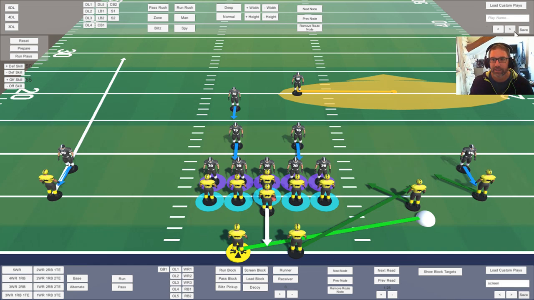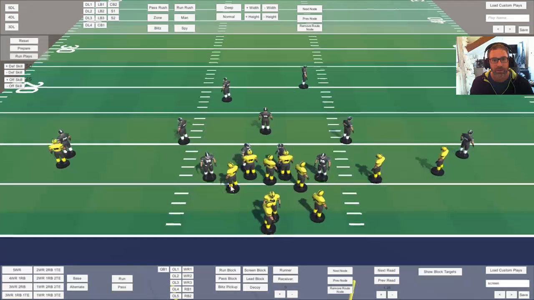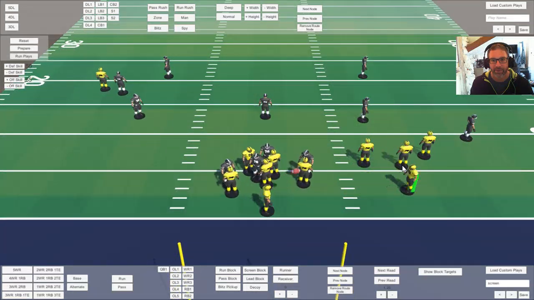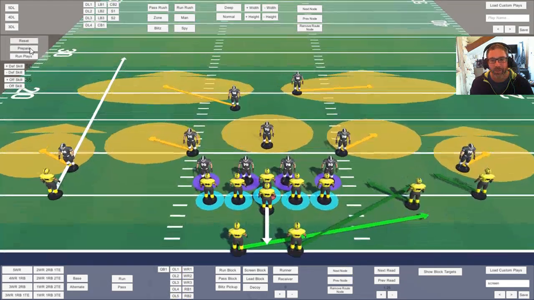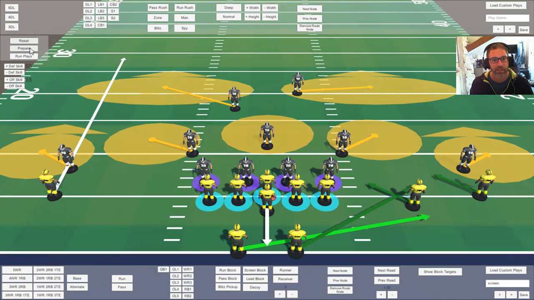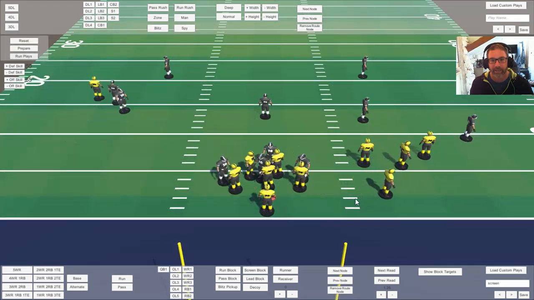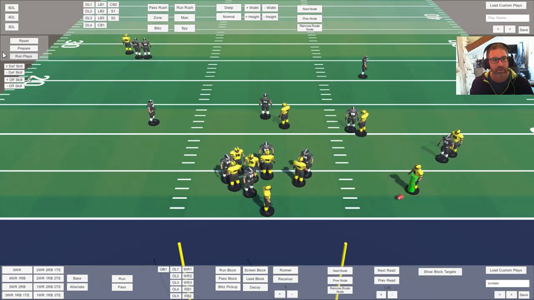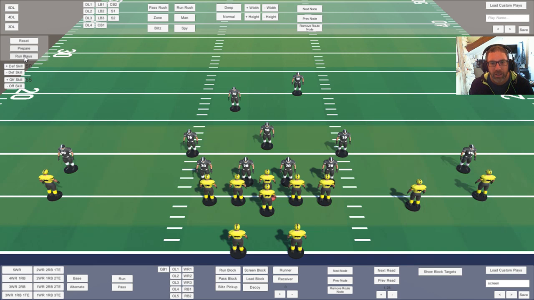Let's put the defense in zone so I can see, so I give it time, and see what happens. All right, so they run their routes, they stop, they wait till the ball's thrown, and then they go block. That actually is pretty close to what I want. Ooh, I don't like that. All right, wait, let's... All right, so